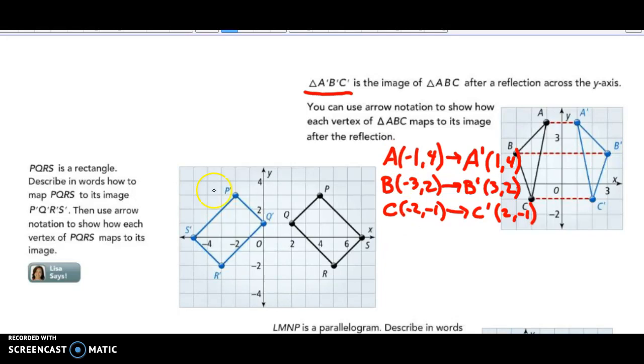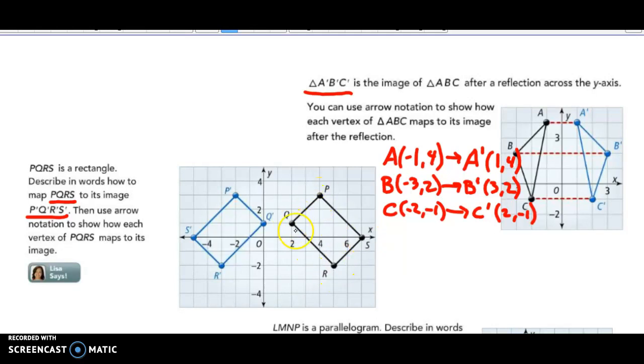Let's check out our rectangles here. We have rectangle PQRS, and we want to describe in words how to map PQRS to its image P prime, Q prime, R prime, S prime. And it's always a good idea when you see the names of these figures to trace them, as I just showed you, because you might have noticed that